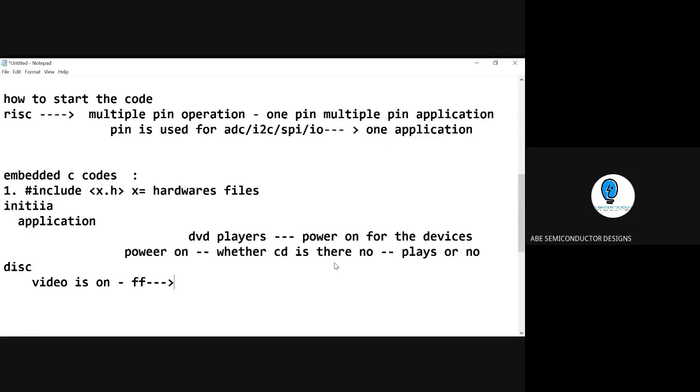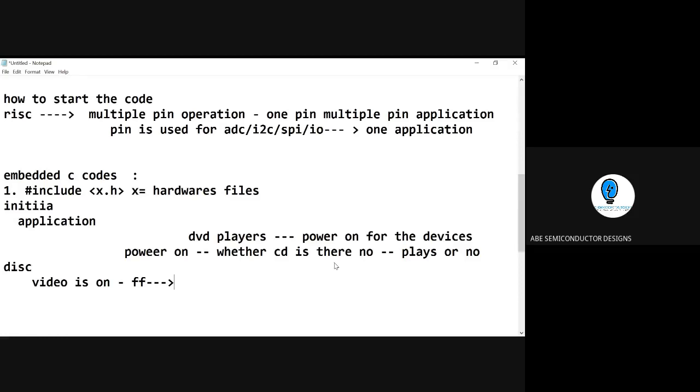So here there are two mechanisms of programming. One is initialization, which is one-time programming. And the second is your application. Until the user stops, the code keeps on running. So whenever you start writing code for IoT hardware, or in older days, embedded processors, these two things should be kept in mind.